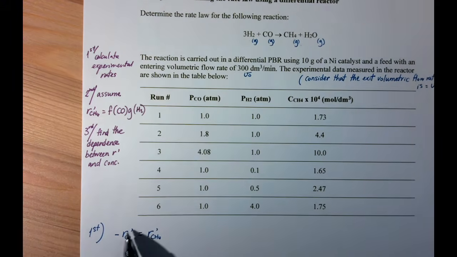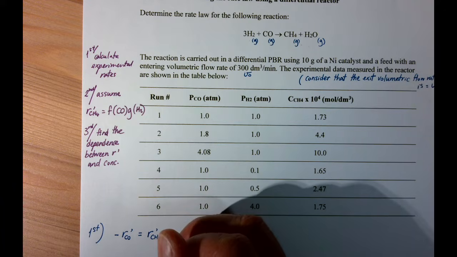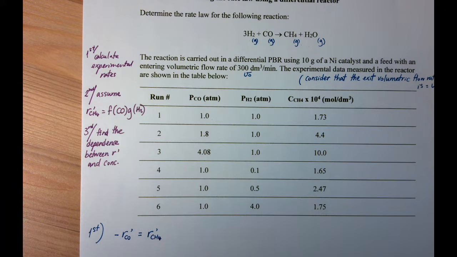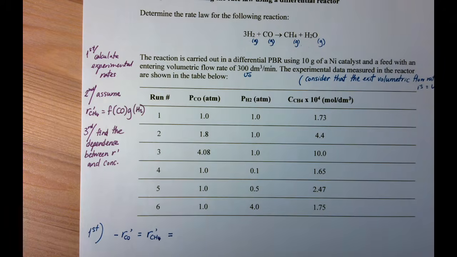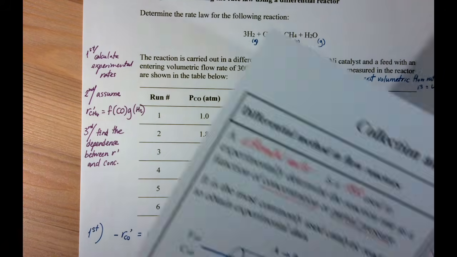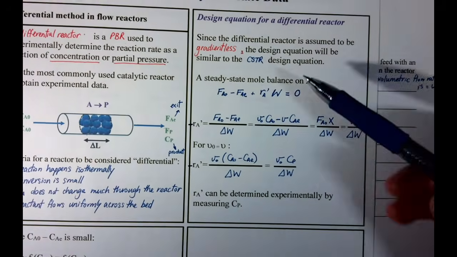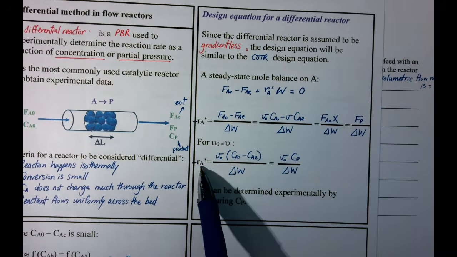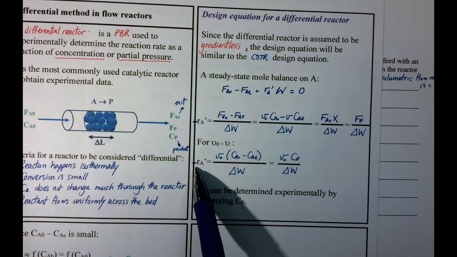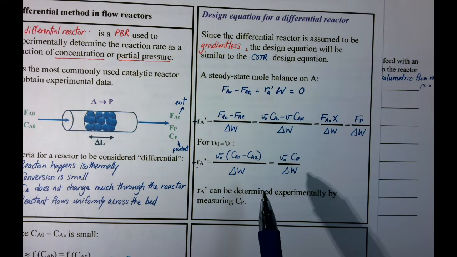So for that stoichiometry, the rate of reaction is the rate of generation of methane. And as we said earlier, when we're using a differential reactor, we can treat it like a CSTR. And from all the steps that we derived here, we said that the rate of reaction or the rate of disappearance of the reactant is going to be,